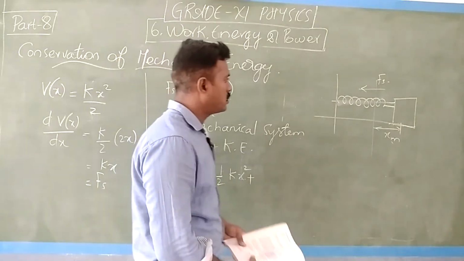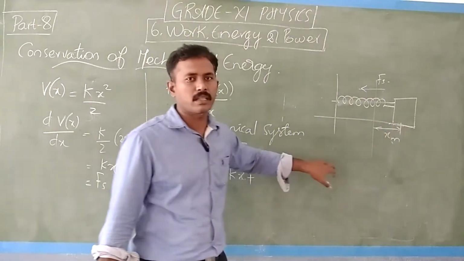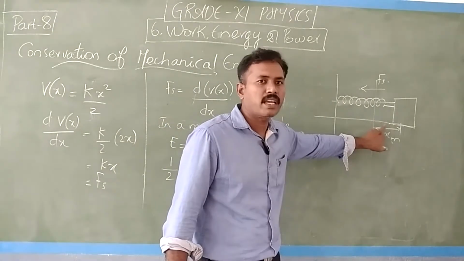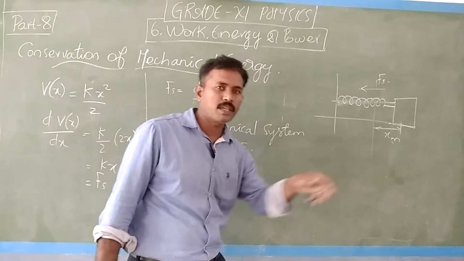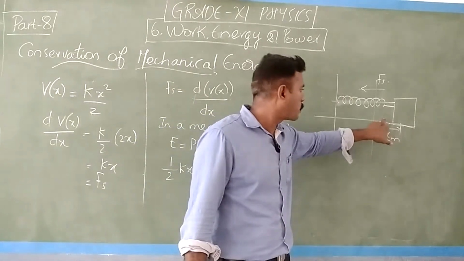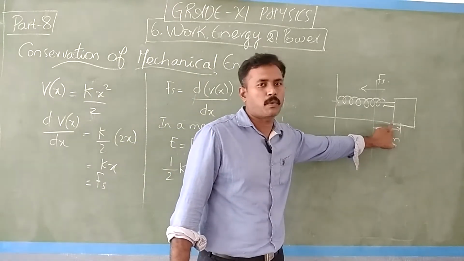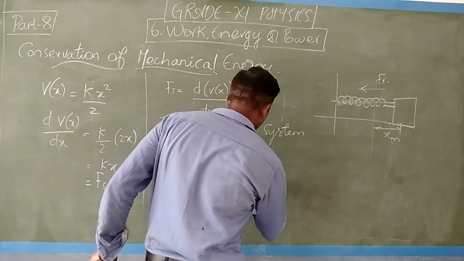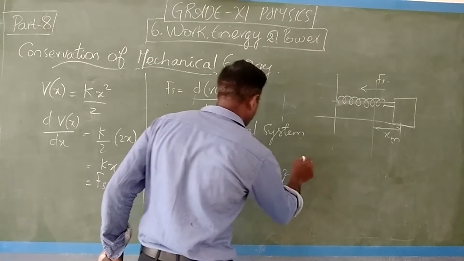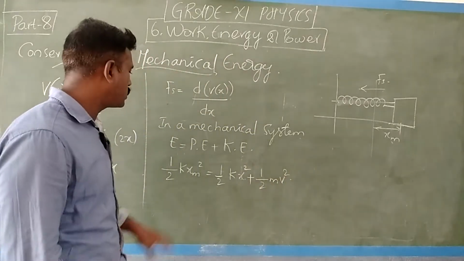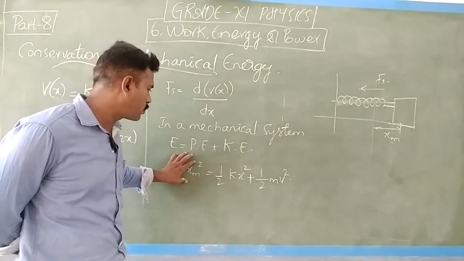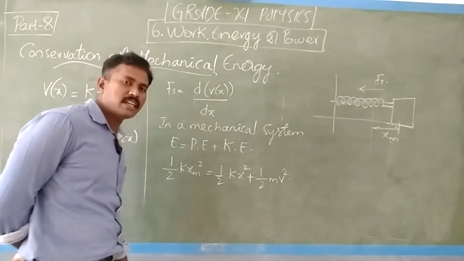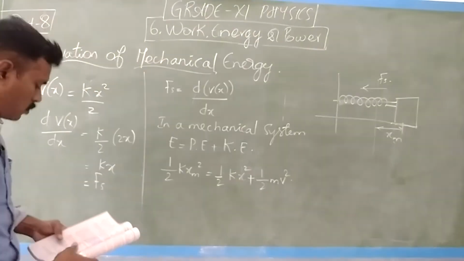So up to here, as it travels, there is some potential. The potential is varying at each and every point because I am moving the block, plus the kinetic energy of half mv square. So the total energy, the maximum energy, is the potential at each point plus the kinetic energy. And now what I have given is